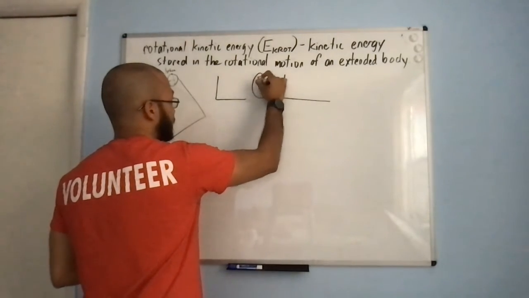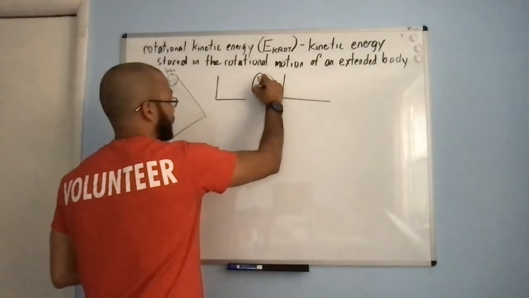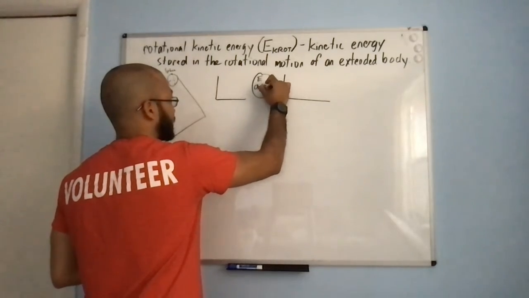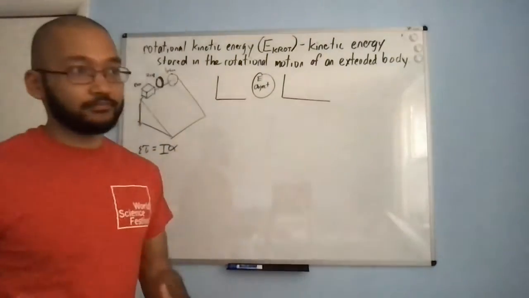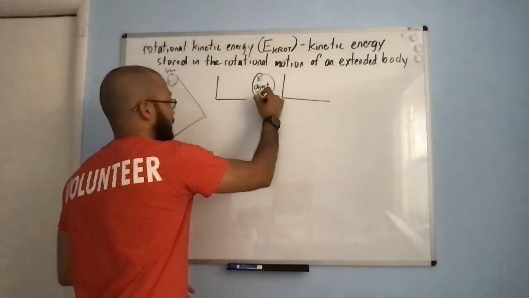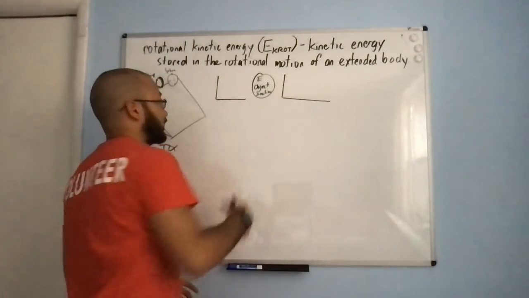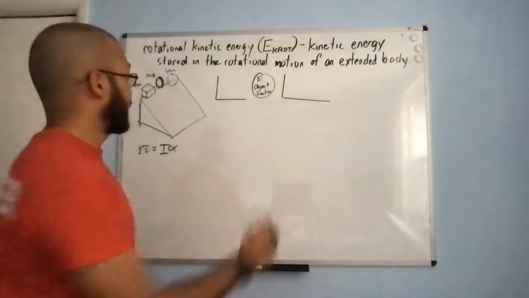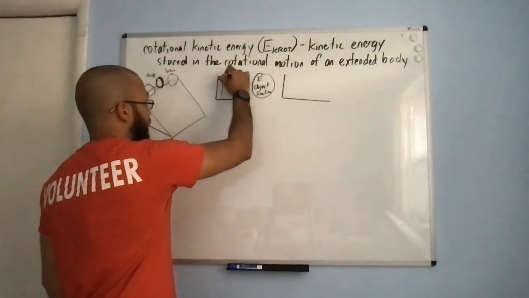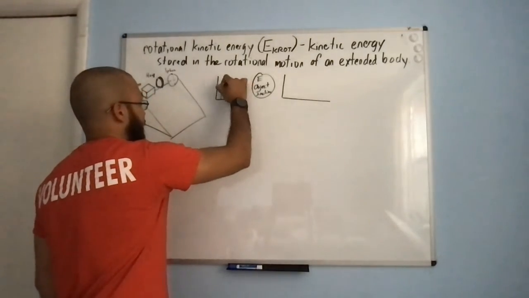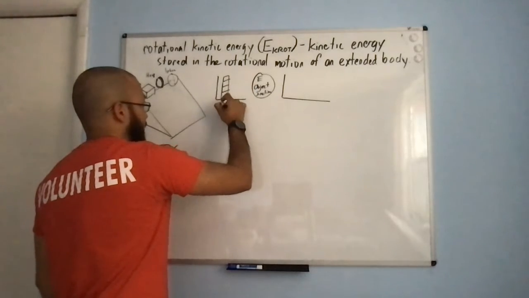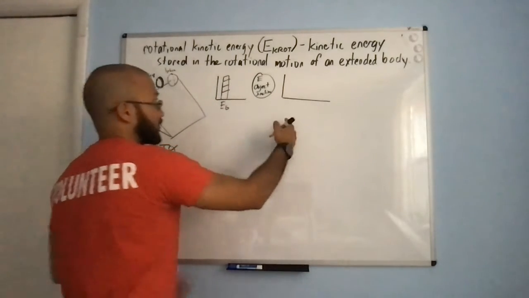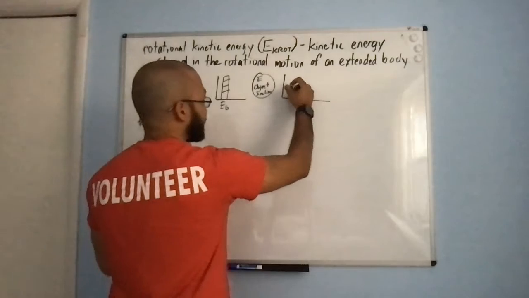I'm going to put the Earth and my object and the incline in my system. Where does the energy start initially? They all start at rest, I'm assuming. So it starts off as gravitational,